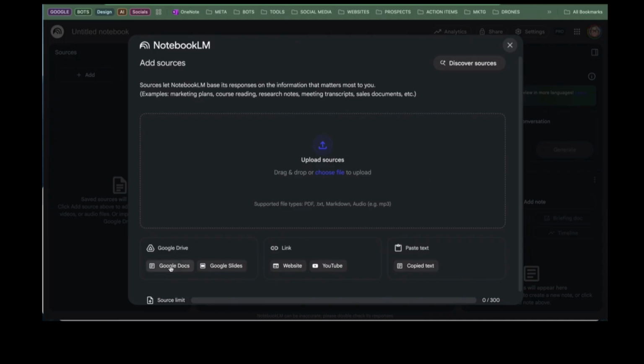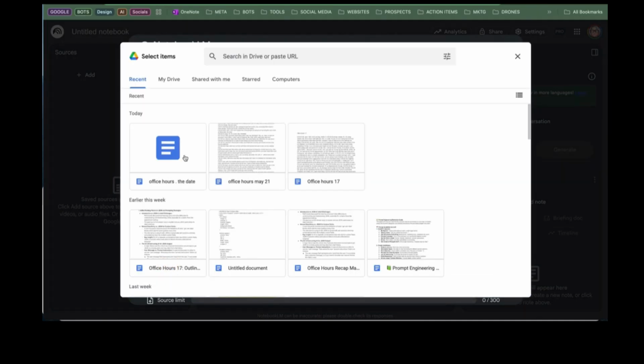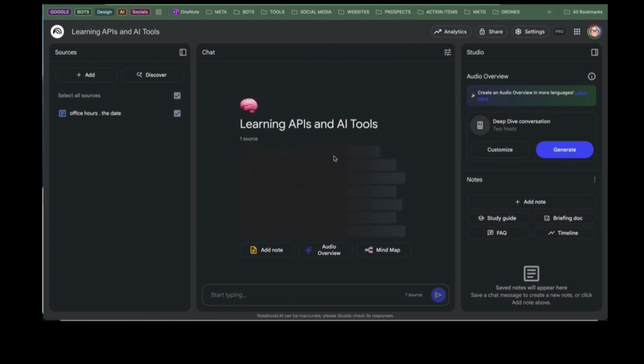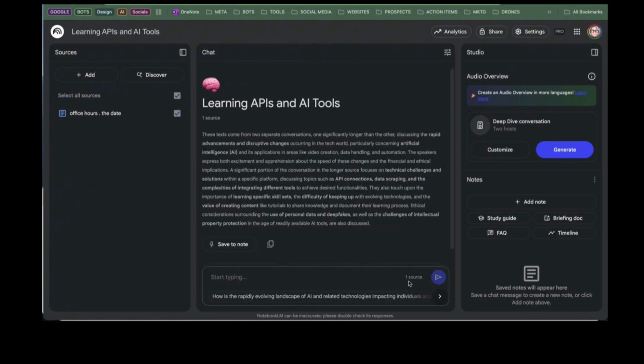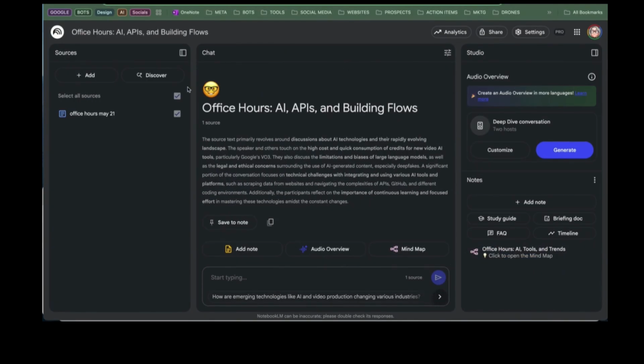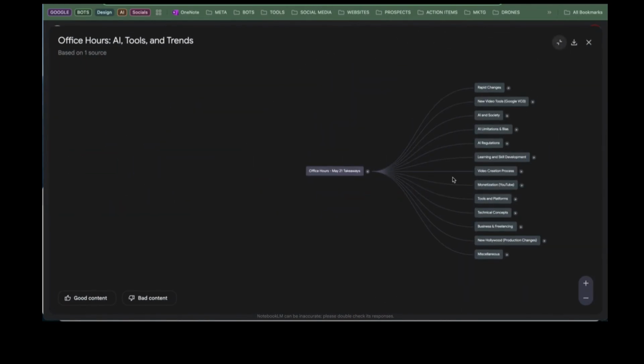and add sources. I'll go over and get my Google Docs, grab that document that I just made, and insert it. And then it's going to put it in here. And then what I can do is create the mind map. And then we'll start generating the mind map over here. Alright, change that to the date there so I know which one I'm working with. And now if I go look at that mind map, it's going to show me